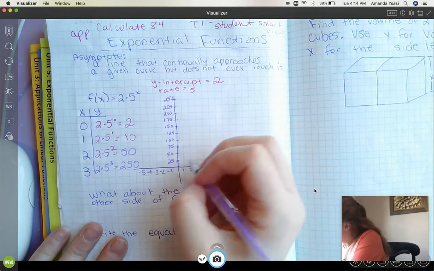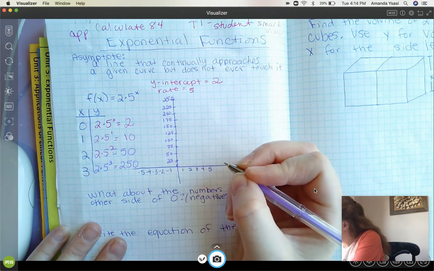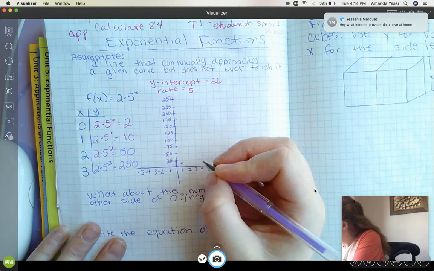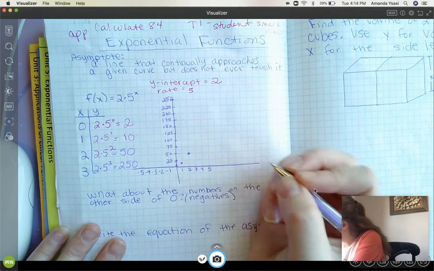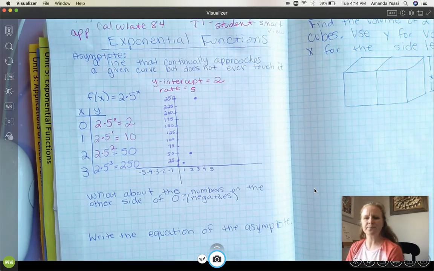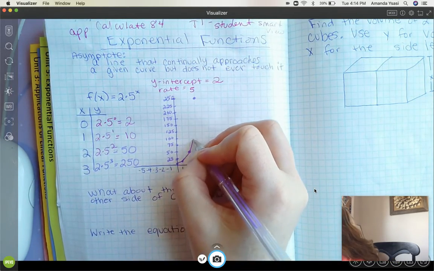Okay. So this would be 0, 2. So this is going to be down here somewhere. 1, 10, around here. 2, 50. And 3, 250, right here. All right. So this is going to go,